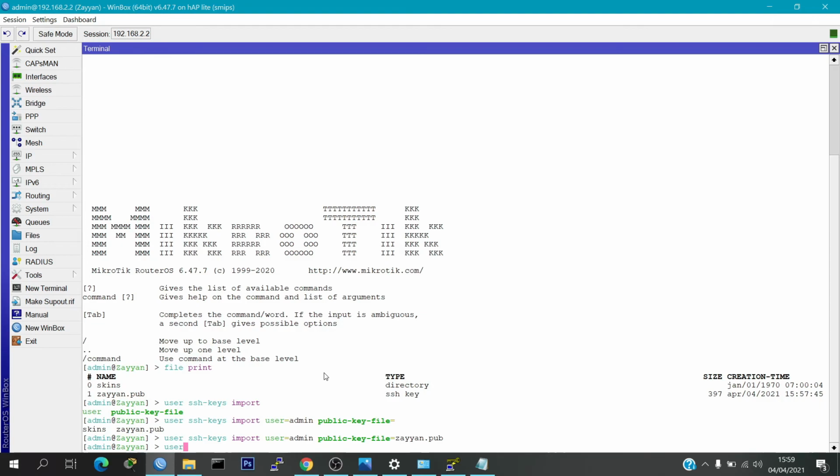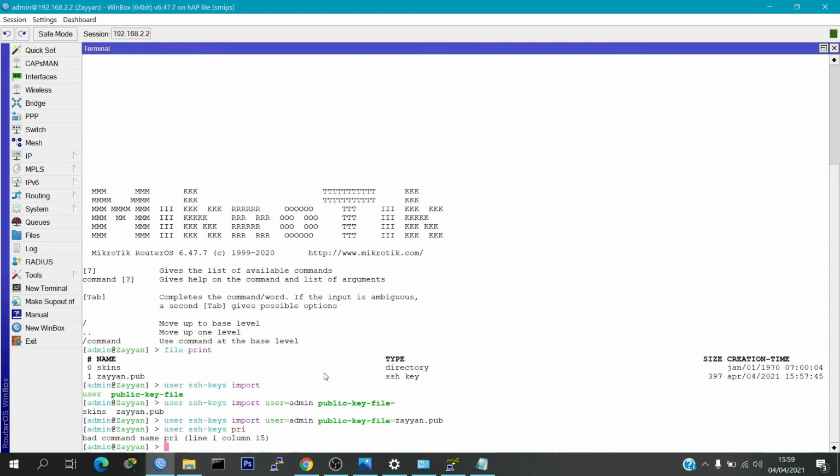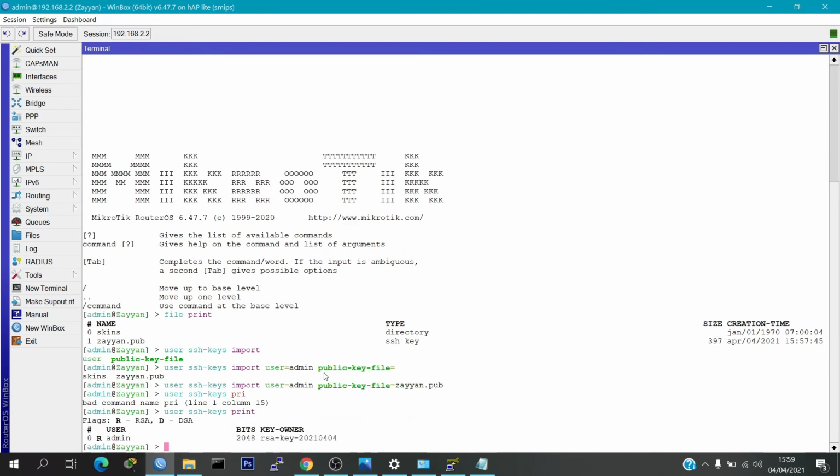For checking, type the command user ssh-key print. Okay, and you can see that status is AR, it means RSA, and I'm already successful for create a new